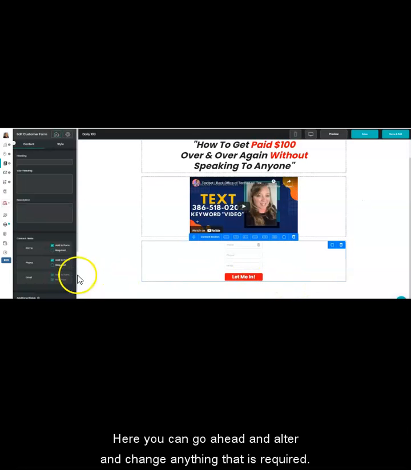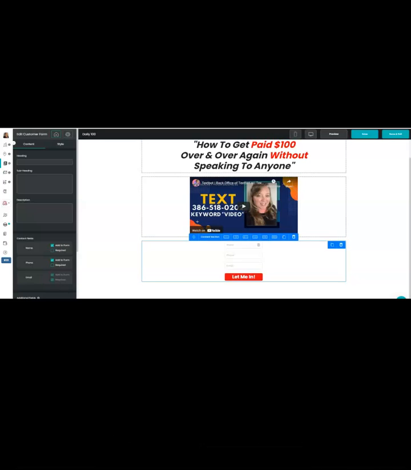Here you can go ahead and alter and change anything that is required. And what's super awesome is that we do have full training on this program that gives you great ideas and lets you see other pages. What right now you can do with Nowsite is when you collect that phone number, you can make it go to an SMS drip campaign, just like that email marketing.